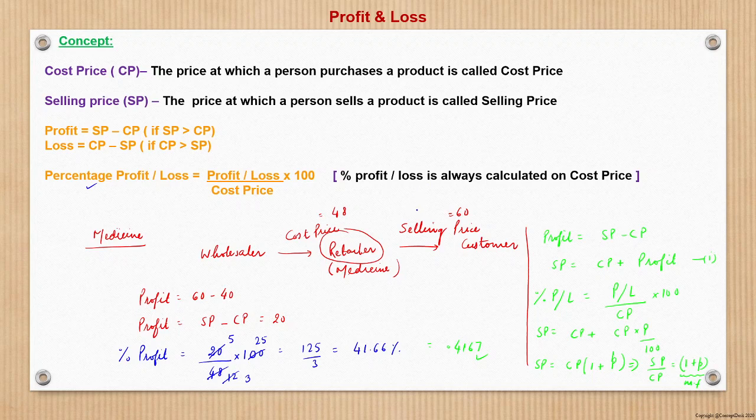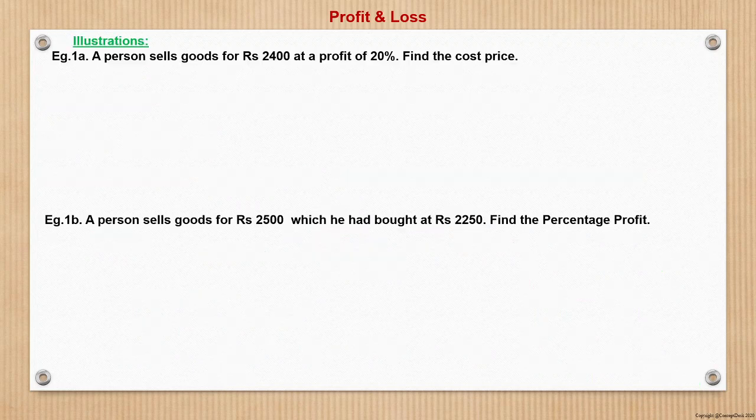Because the retailer or the shopkeeper is making a profit over an amount. So since the shopkeeper bought the item for 48, over this 48 he is making a gain of 20 rupees as a profit. So therefore profit percentage will be profit in absolute terms upon cost price into 100. So these are some very basic level concepts. Now we will look at some illustrations, and through that we will try to build upon this session.